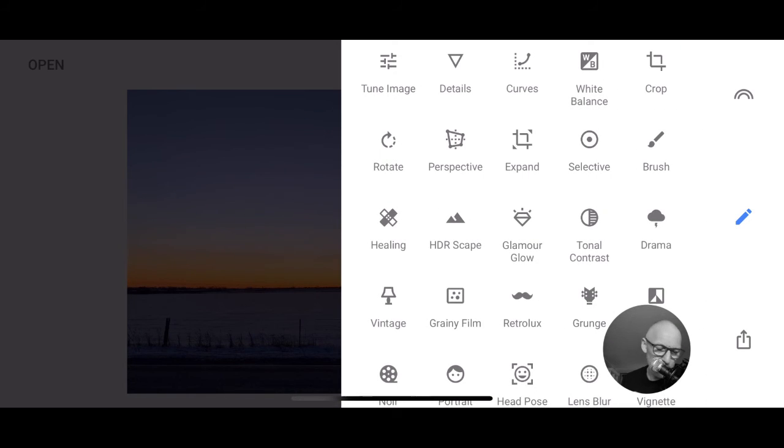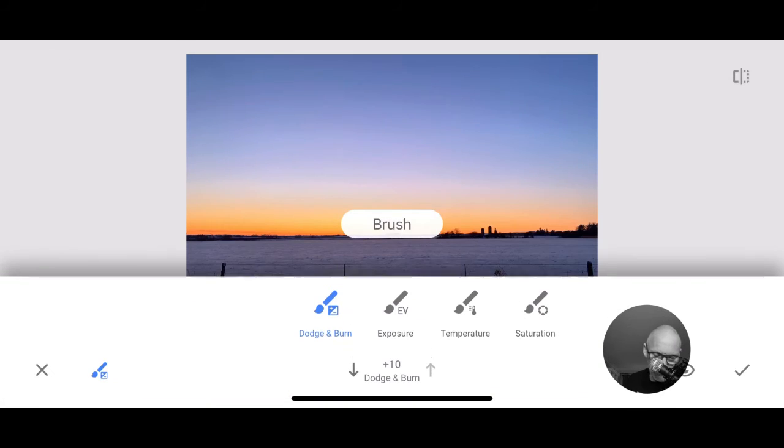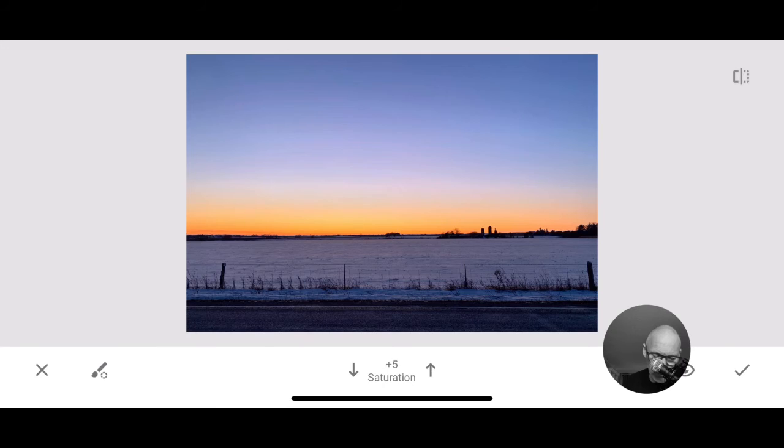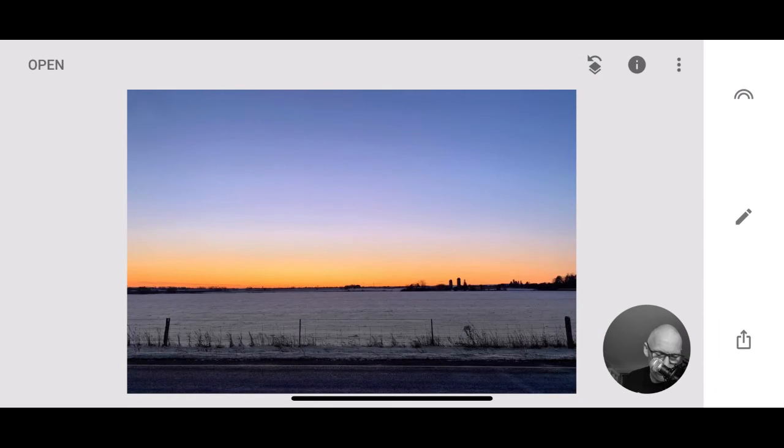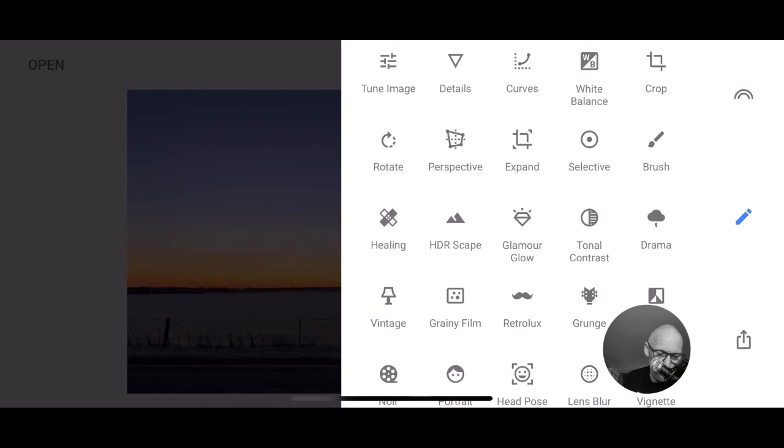We're going to bring the saturation down. So we're going to go back to the brush, and we'll go saturation. We'll bring the saturation down, and it's going to make the field look a little bit whiter. So now your picture is getting a little bit better. We can go back to the brush, and again, someone